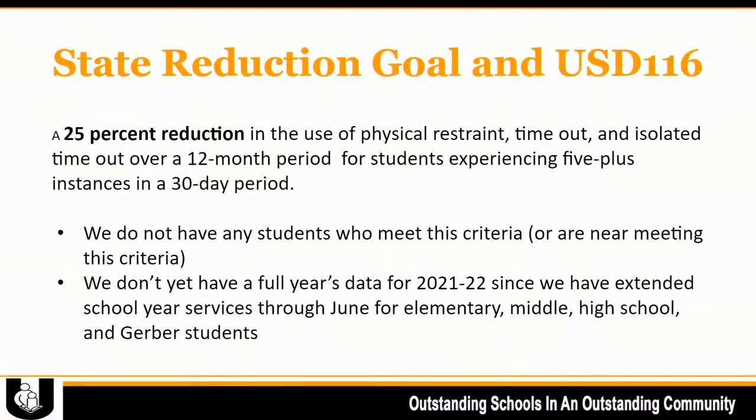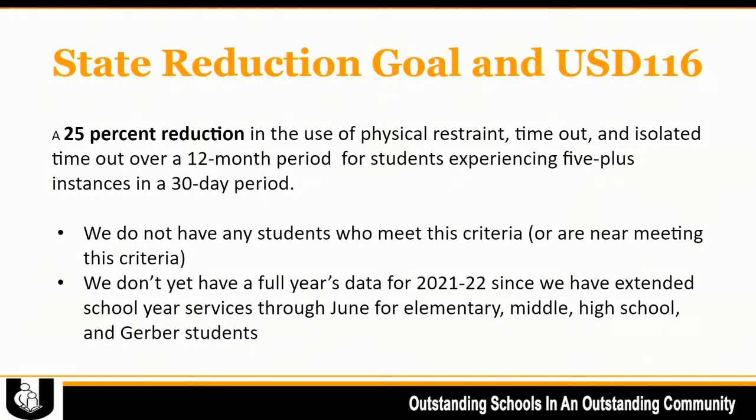Just so you know, this is the state reduction plan up here. A 25% reduction in the use of RTO over a 12-month period, which goes from July 1st of this last year to June 30th of this year, for students experiencing 5 or more instances in a 30-day period. So you all know, we don't have any students that are anywhere close to meeting that criteria. We also don't yet have a full year's data for 21-22, since we have a couple more